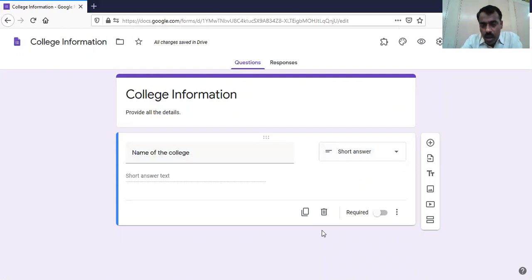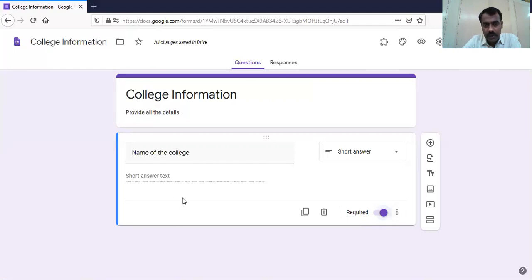Now if you see here, there is an option called duplicate. If you click on this, this question will be duplicated, and there you can make changes. If you click this, this question will be deleted. And by enabling this required option, that question will be marked as compulsory, so the respondent has to answer that question before submitting. Okay, fine. So we'll make it required.